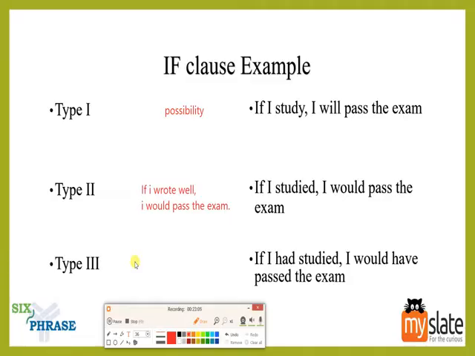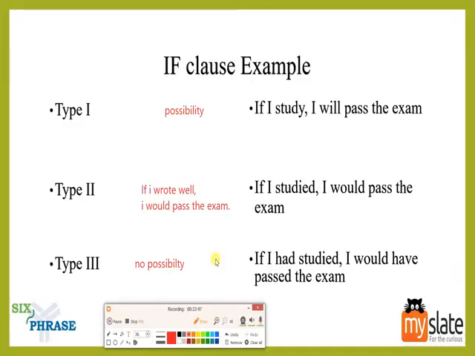So there is literally no possibility of this happening, right? You get it? This cannot happen. If I had studied, I would have passed the exam. That is true. Whatever that person is saying is true. But will you be able to change this scenario? Like right now, you have got an arrear in a subject. For example, assume you have got an arrear in a subject, and you say, if I had studied, I would have passed the exam. See, that is true. If you had studied, you would obviously have passed the exam. But you cannot do anything about it right now, right? So it is the type 3 part, right? I hope you guys understood it.